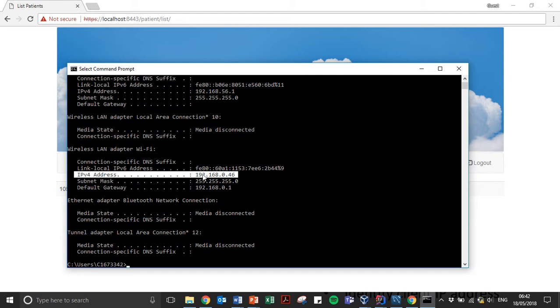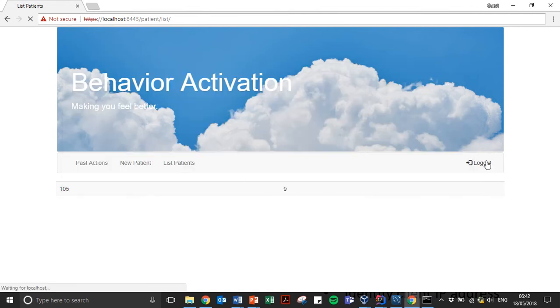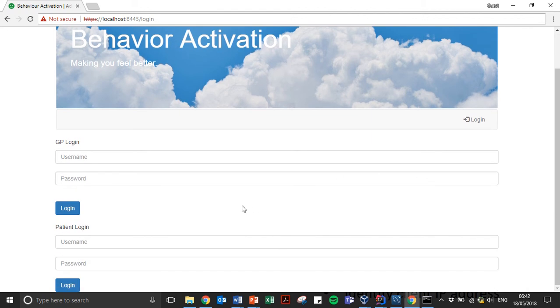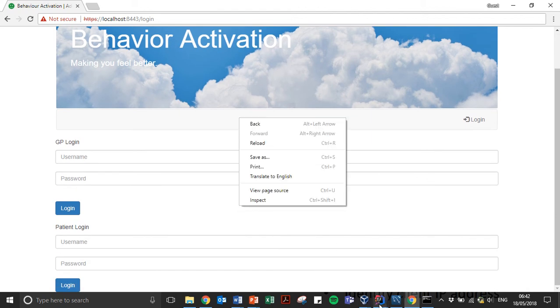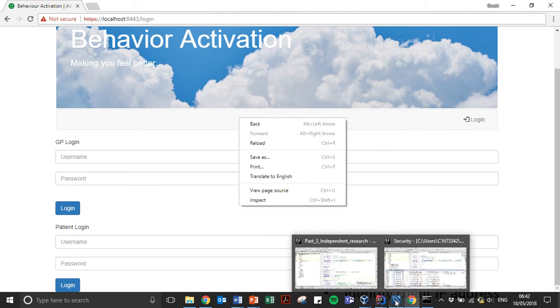We know the IP address that we want to attack, which is housing our client server, is 192.168.0.46, and we know it's running on port 8443. So we'll just go back